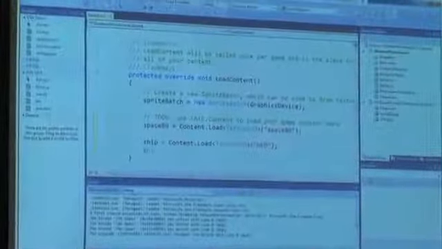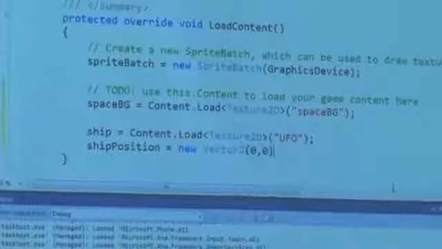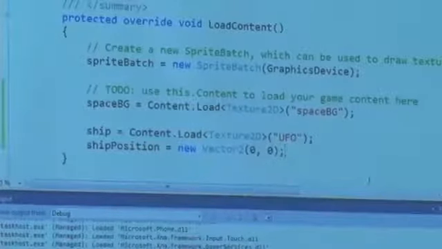And then the position of our ship is going to start at 0, 0. We could have used 0.0 if we wanted. This is an alternative. And then finally, we want to draw it on the screen. So we'll come down here, and right after we draw